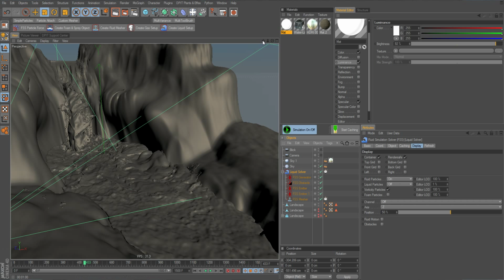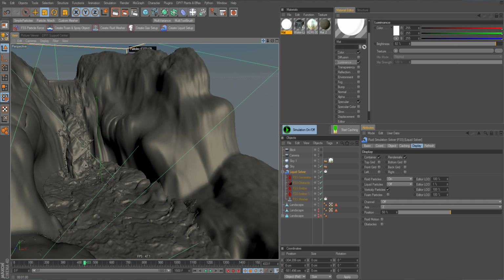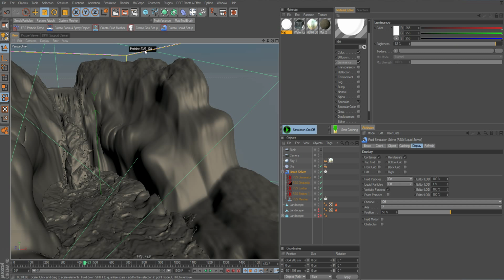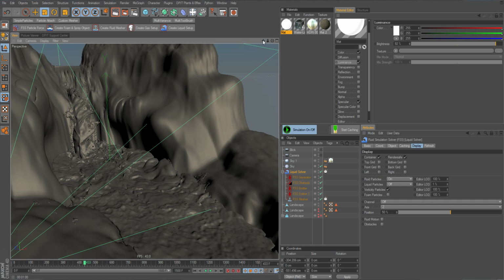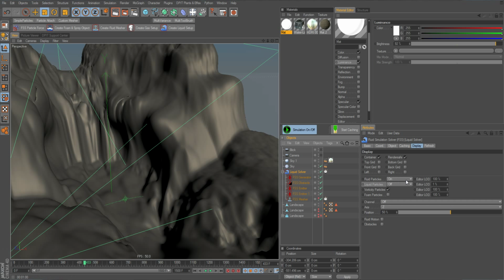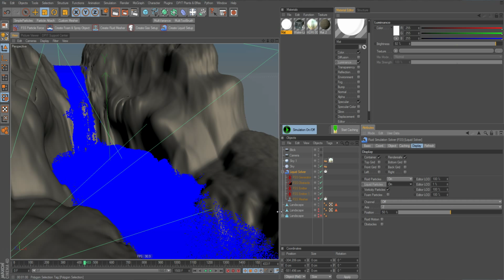I have it cached because in the end we have 63 million particles in this scene, which would take too long to simulate now, and so this is a cache, but it's pretty fast anyway. I have set the liquid particles display to 1%, so we don't see all the particles here. Actually, we see the mesh here, and I could turn it on and see the particles at 1%, but I keep